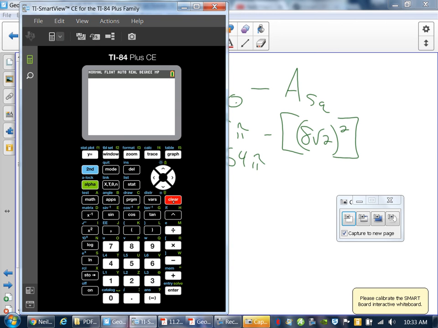If I just type in the calculator 8 root 2 and I square it, well, not 8 root 22. I really screwed this up, sorry. If I press the right buttons. There. If I type it like that, I get 16. But if I do it the right way,